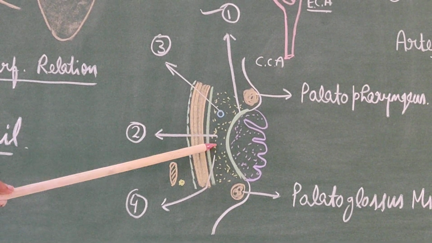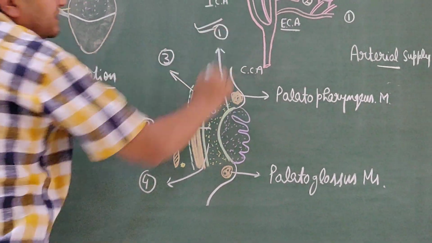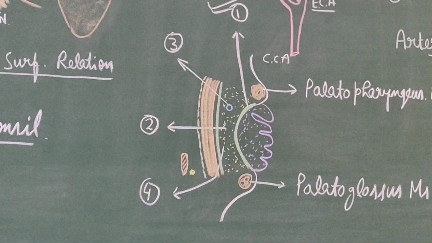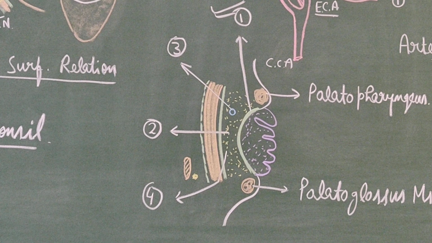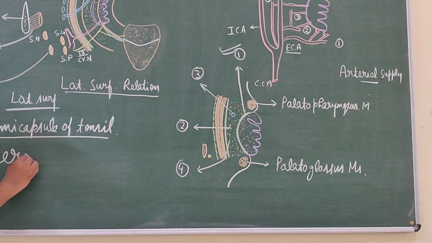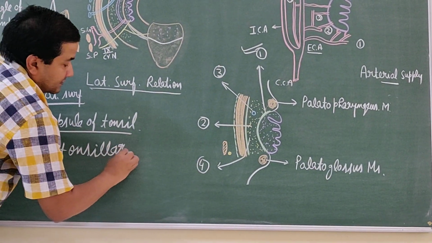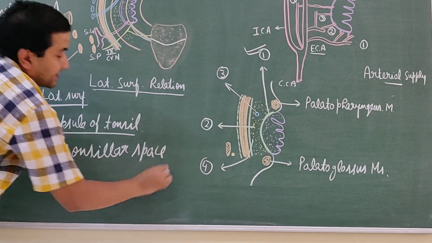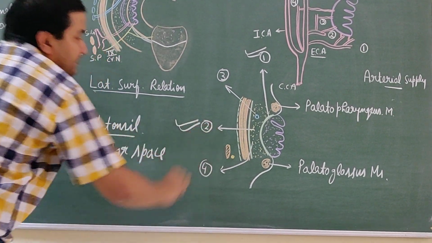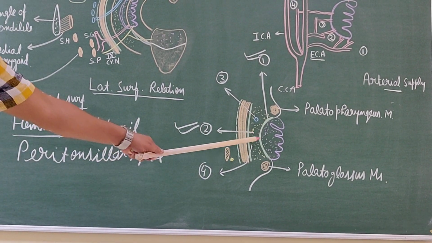So there is a space between the capsule of the tonsil and the bed of the tonsil, and this space is known as the peritonsillar space. This is the peritonsillar space, the space between the capsule of the tonsil